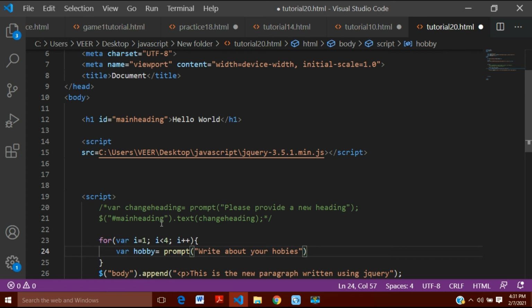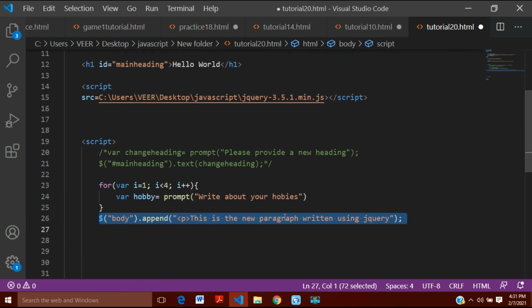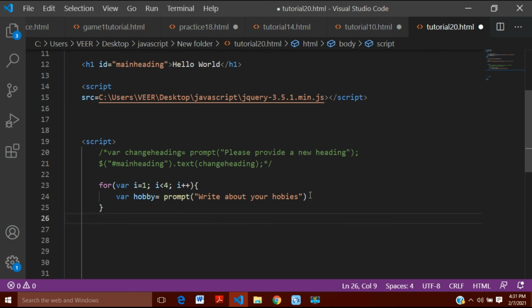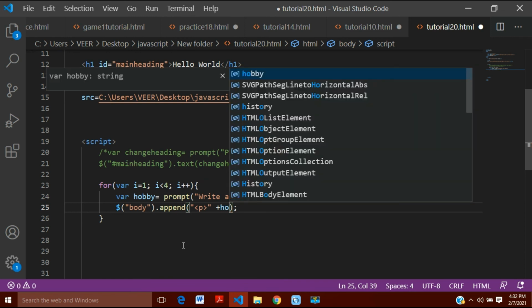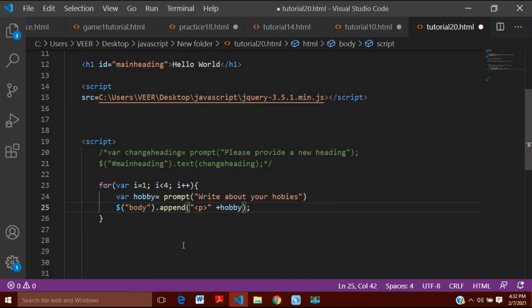So write about your hobbies, and now here I will use the dollar here, and I will put it here, and I want to append into the paragraph. Here I will use plus this variable that is hobby, and here again plus, and then I will close the